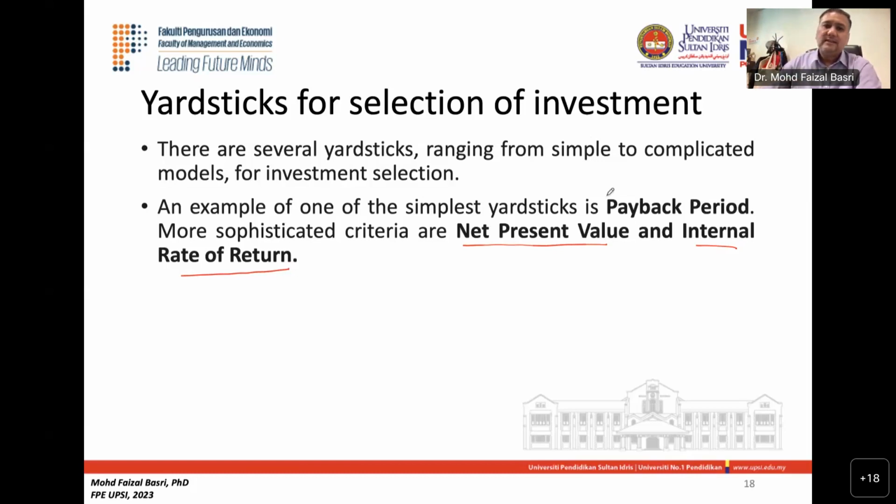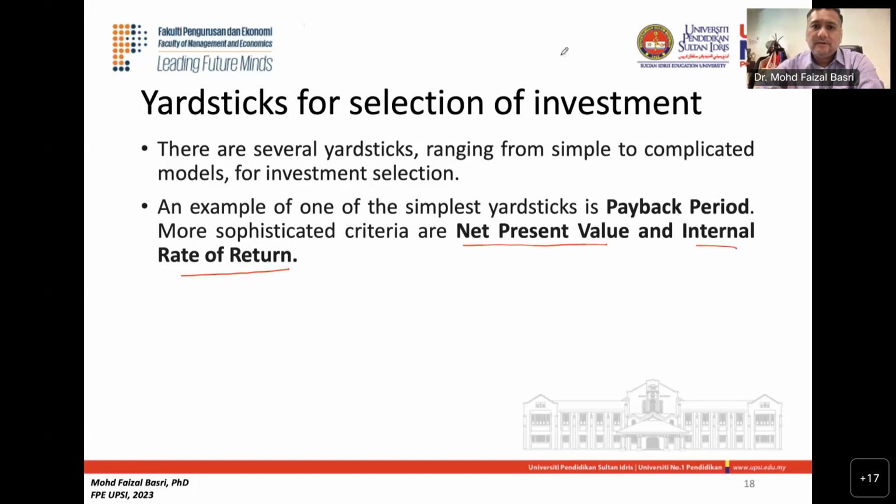Okay, so let's take 5 before we move on with this yardstick for selection. Okay,